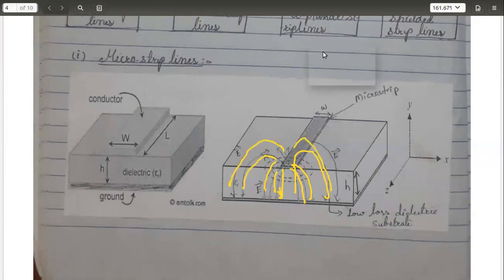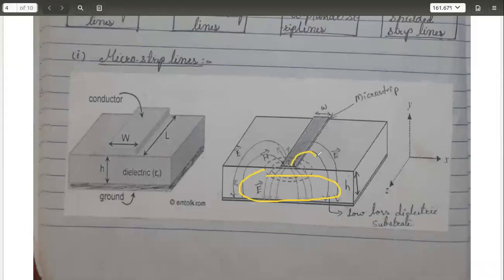If you observe, in both of these electric field lines and magnetic field lines, some part of the lines is in the substrate, and some part I cannot show you here. No doubt, the electric field lines I am drawing here, you feel that they are inside the material only, but it is something like this. Here is your structure, the field line is going above, okay, there is a gap. So some part of your lines is in the air, partially some part of the field lines, H or E, are in the air, and some are in the substrate. That is the structure here.